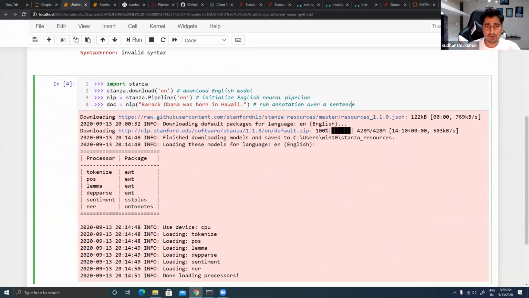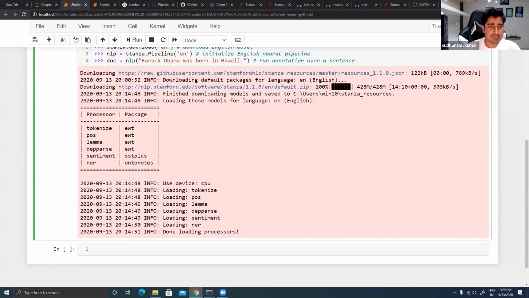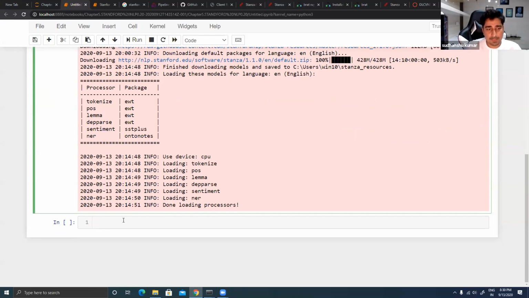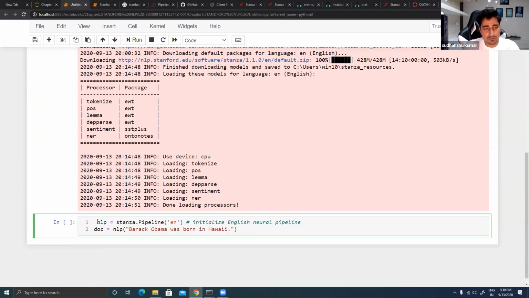I was just trying to download Stanza, and yeah, I'm able to download Stanza over here. I've just installed Stanza and downloaded Stanza NLP. Let me copy and paste this code now that the Stanza model is downloaded.